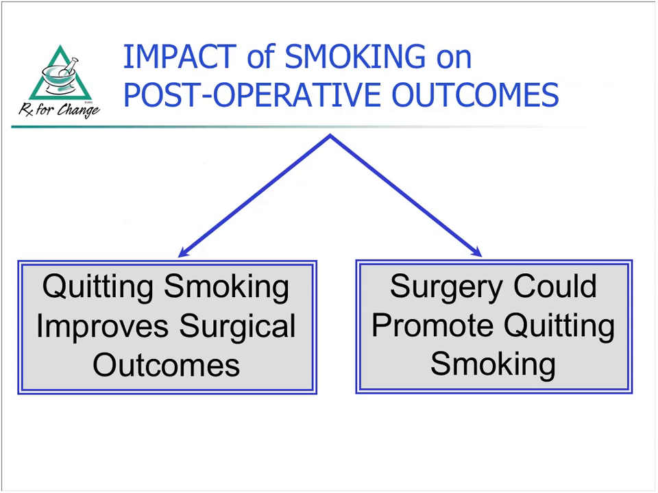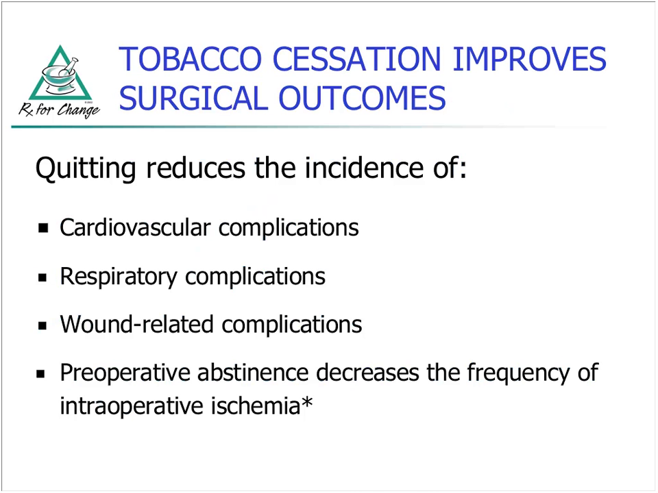Okay, so let's talk about some of the relations here with post-operative outcomes. We do know that quitting smoking will improve surgical outcomes, but the other benefit, for patients that are undergoing surgery, it's kind of a window of opportunity. If you can get them to quit smoking because of the surgery, especially if it's tobacco-related, there's a good chance that they'll be able to quit and stay quit for good, if you get the right help, okay? So quitting will reduce the incidence of cardiovascular complications. This is all related to surgical outcomes, respiratory complications, wound-related complications, and also preoperative abstinence can decrease the frequency of